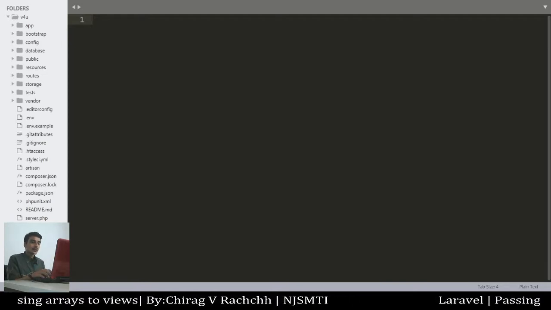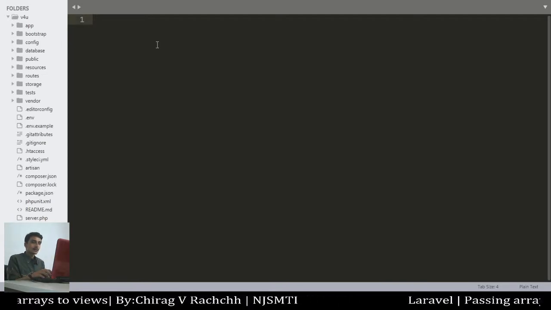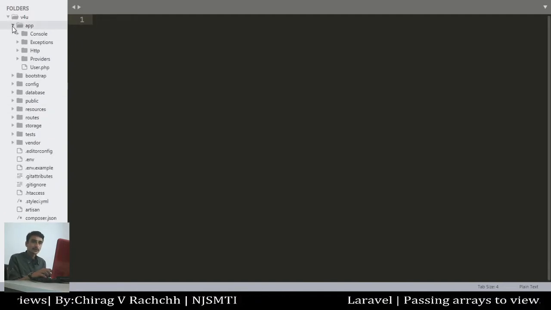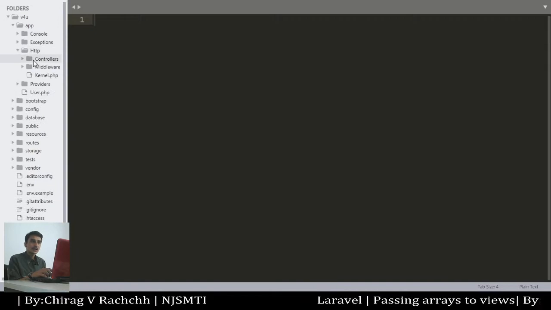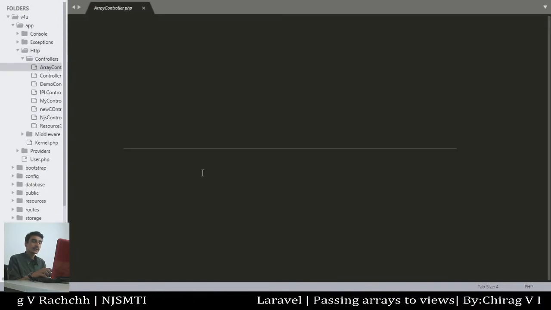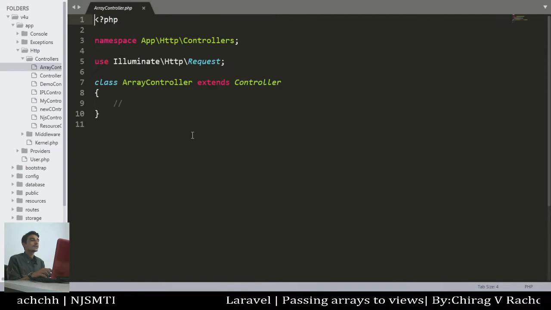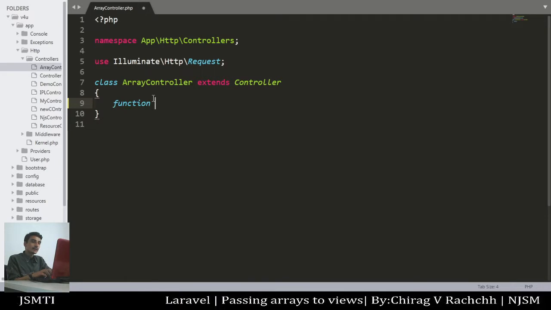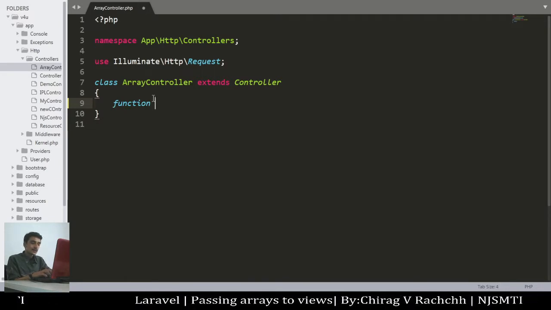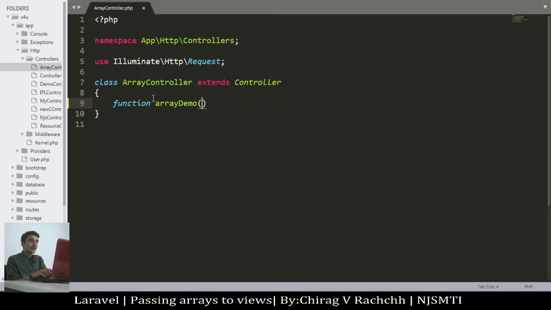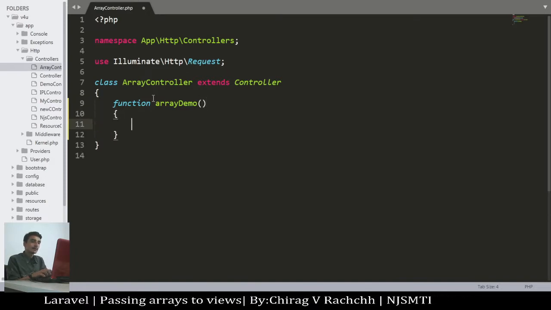So first of all, let's open the controller. The controller is available in app, http, controllers, and array controller. See, the coding is available within this array controller. Here I will define a function, array demo, and no parameter will be type hinted.